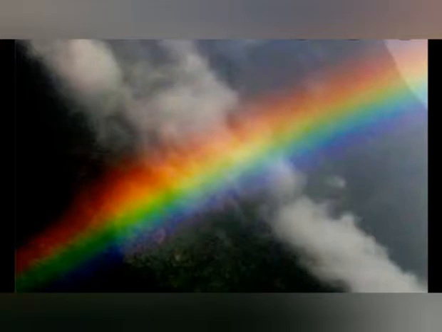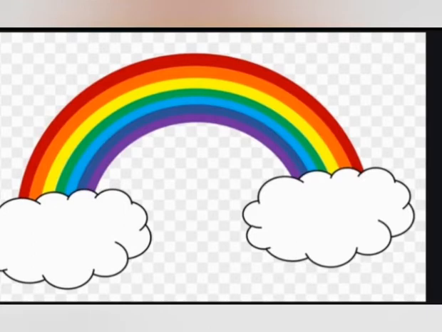The dispersed light from a large number of drops forms a continuous band of the 7 colors, red on the outer side and violet on the inner side. This colored band is called a rainbow. Thus, a rainbow is produced due to the dispersion of white light by the small raindrops hanging in the air after the rain. Or we can say a rainbow is a natural phenomenon based on the dispersal of light.